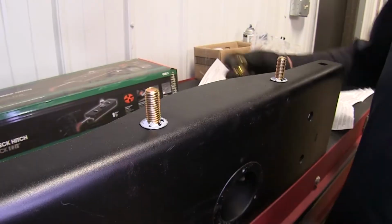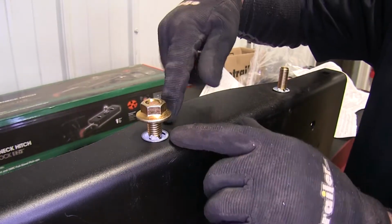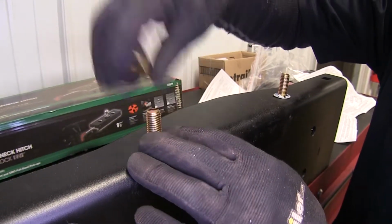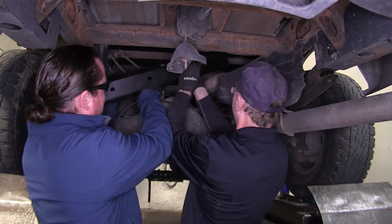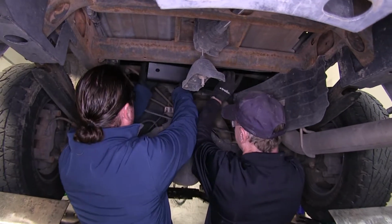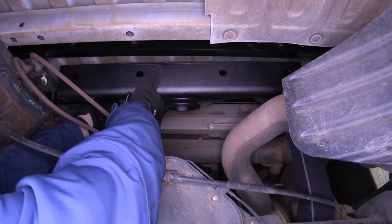Two more things to get ready. One, we need hardware that'll thread on here, so check for flange nuts that'll work with them. You'll need two of these. You'll need an extra set of hands to help hold it up. Go ahead and lift up in position. We'll slide it over the heat shield for your exhaust. We can let it sit on top of the exhaust, and then we'll hold it up into place. We'll line it up with the